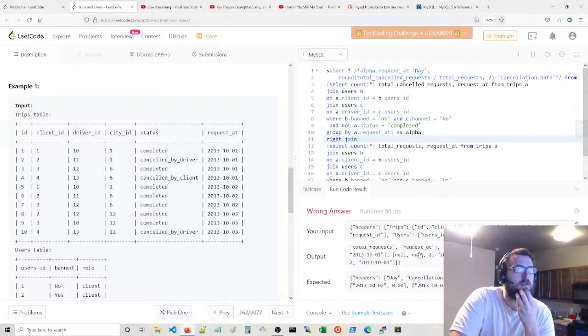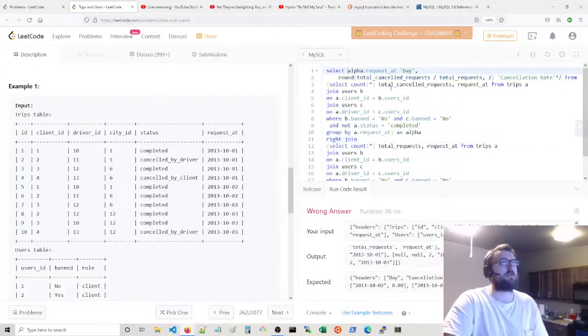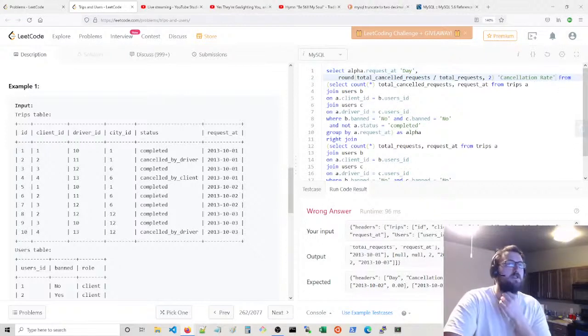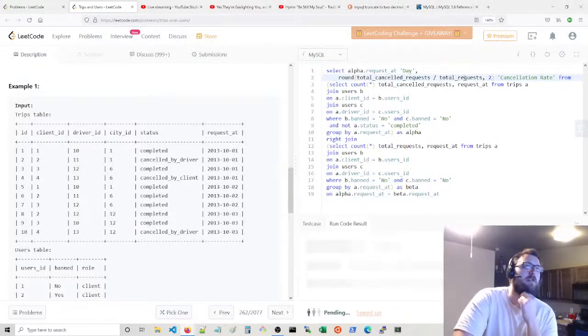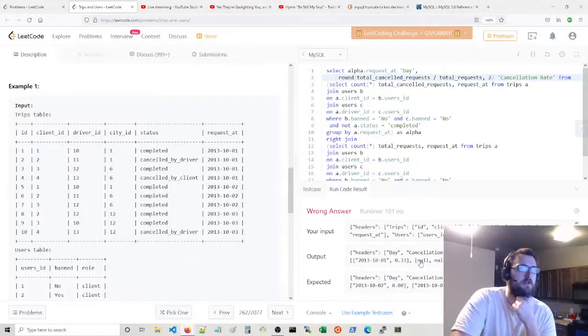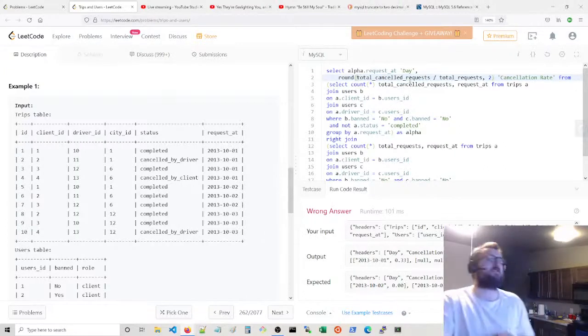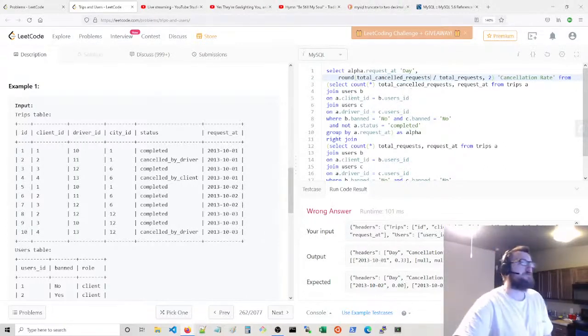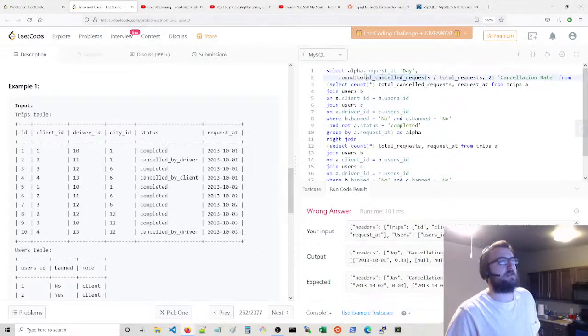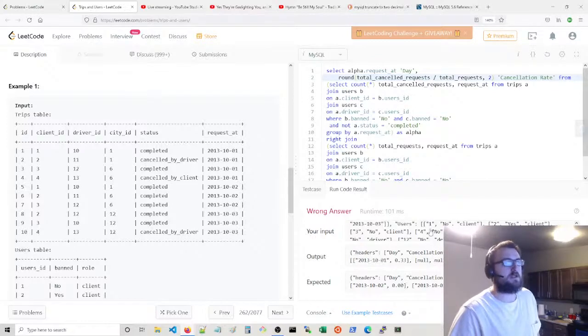All right, null, null. There we go. That's what we're looking for. Now, the reason we're taking a right join is so when we have a null, we might not be able to divide by or multiply by a null. Oh, there we go. It's just null, null. Okay. We just replace null with 0. We can use an if statement here. I think that's fine. But what's weird is